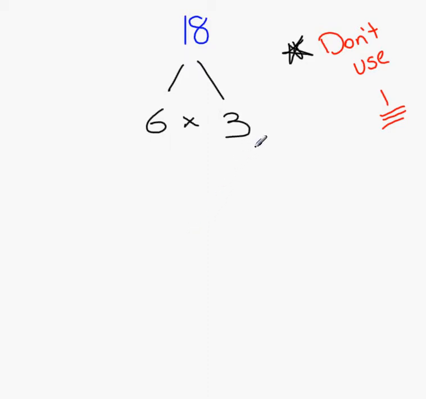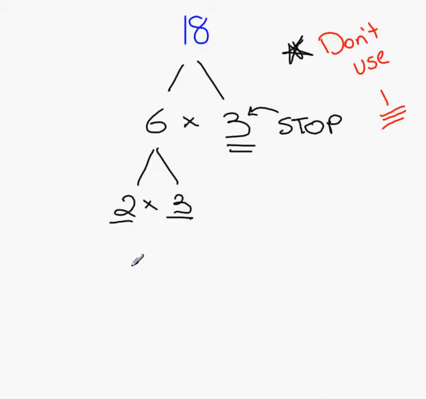When we hit a prime number, we stop. Once we hit a prime number on one of the trees, we're done. We can't go any further because all we can do is 3 times 1 from here, but we're not allowed to use 1. Look for composite numbers. 6 is a composite number. 6 can be broken down into 2 times 3. 2 is a prime number, we stop. 3 is a prime number, stop there. Pull all these factors down, 2 times 3 times 3, and that gets you your longest factor string,